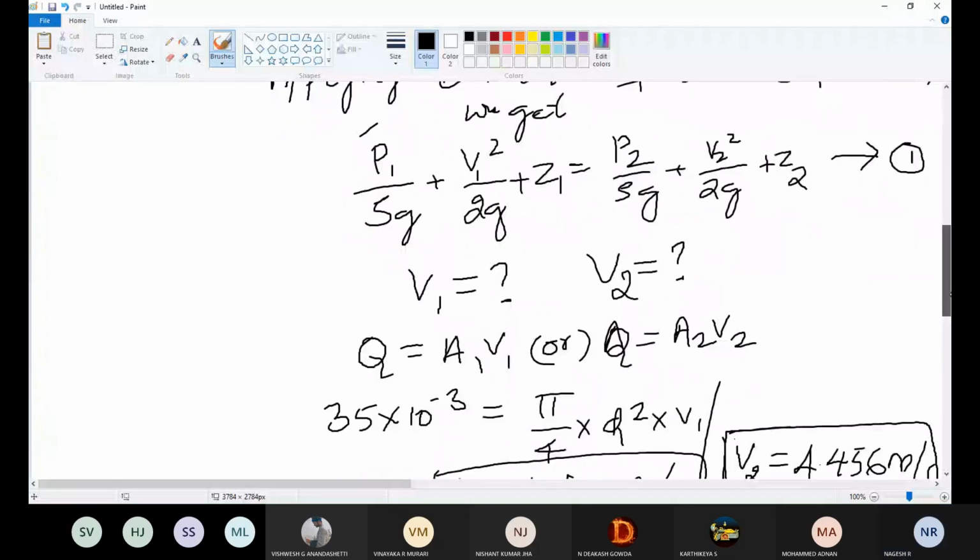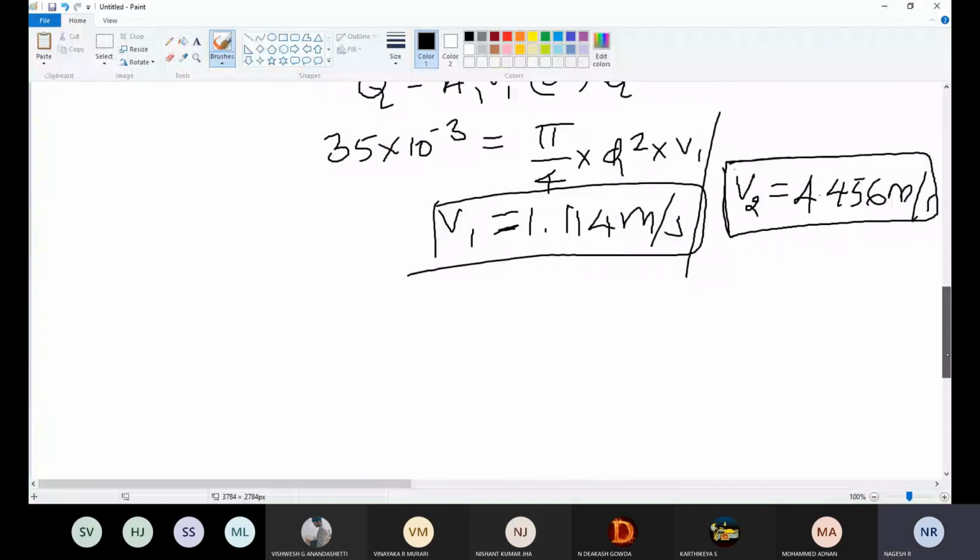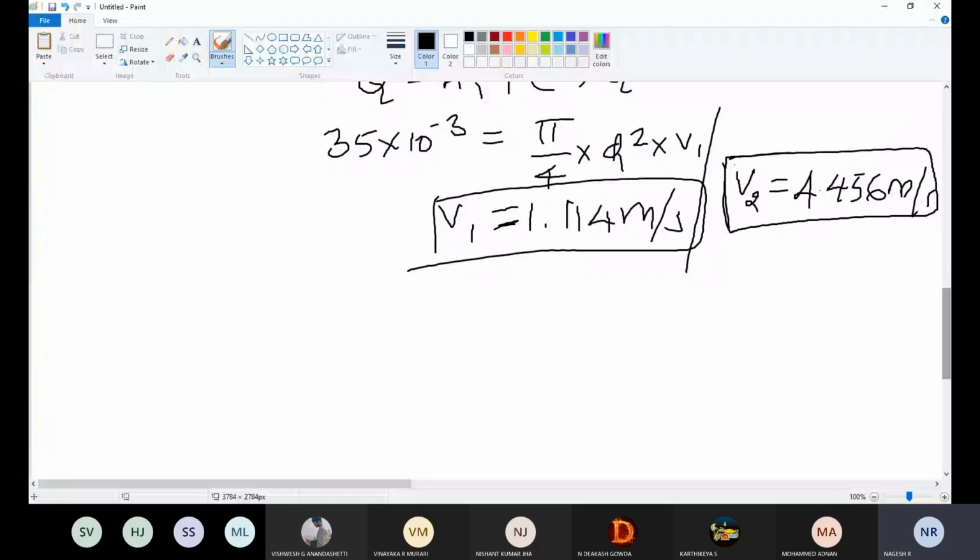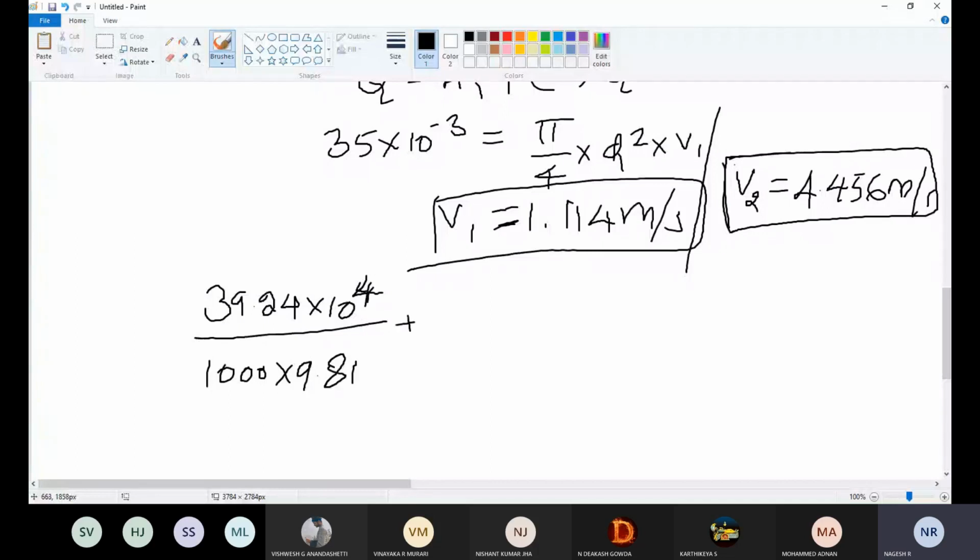All the values. So now what is P1? According to the formula, P1 is 39.24 into 10 to the power of 4 divided by rho, which is 1000, into 9.81, plus V1 square by 2g, which is 1.14 square divided by 2 into 9.81, plus Z1, which is 6, is equal to